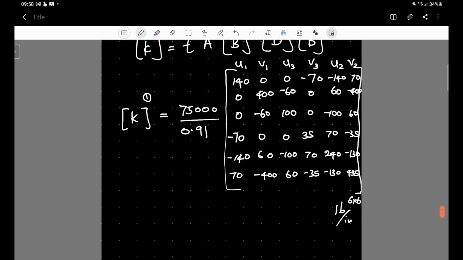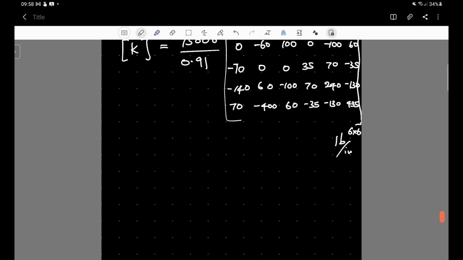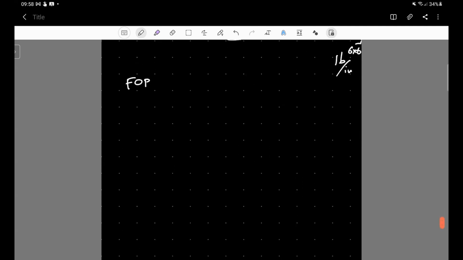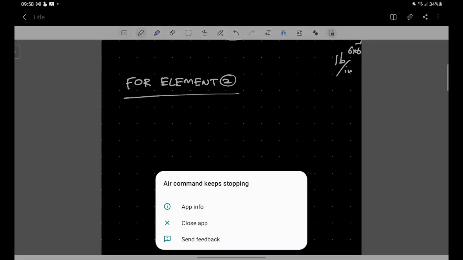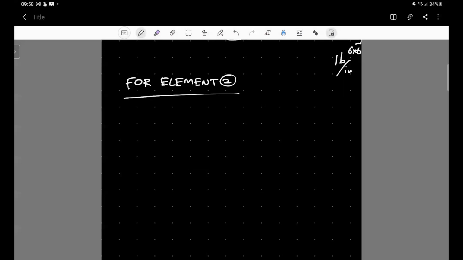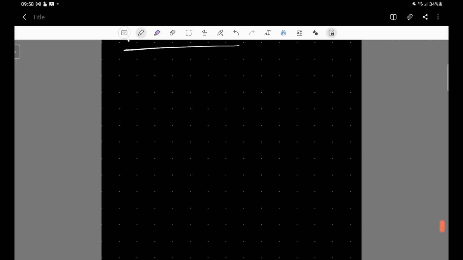Yeah. So we have already obtained the element stiffness matrix for element 1, and on top of this matrix you can find the corresponding nodal degrees of freedom. Since we have already walked through the first element quite slowly, we have to do the same procedure now for element 2, quickly. It would be nice if you take a piece of paper again and really do it with me, so that you will save time and this will be really clear to you. So element number 2,